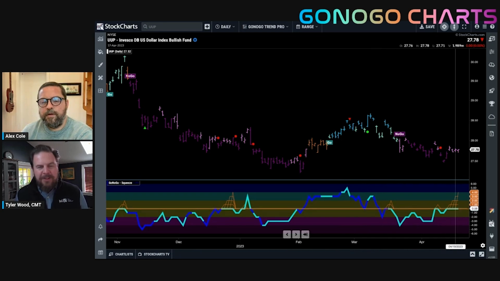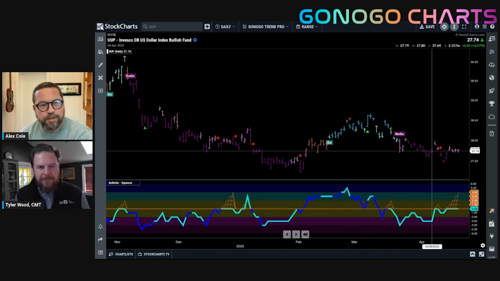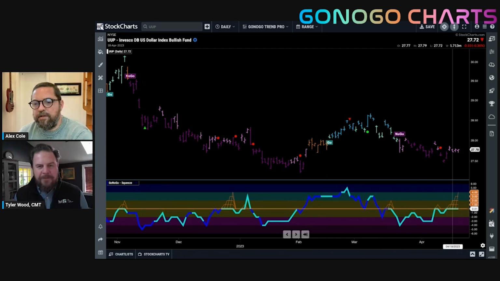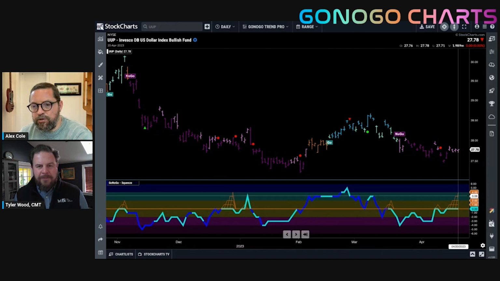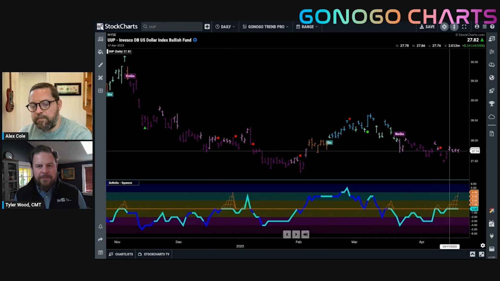Let's talk a little bit about the squeeze, Alex. It's quite a similar chart to what we were just looking at with the TNX, with the exception that the oscillator has not broken above that resistance just yet. We're seeing the oscillator stuck at the zero line, and that's causing the climbing grid of the GoNoGo squeeze indicator to rise. So what that tells us is that we've got reduced volatility here as price movements decrease in their sort of velocity. So we're seeing a bit of a directionless move in terms of momentum.